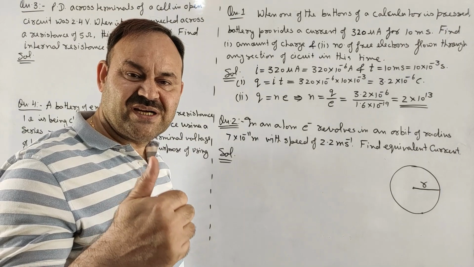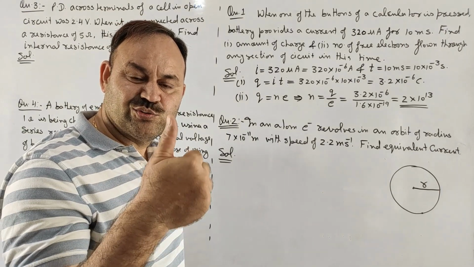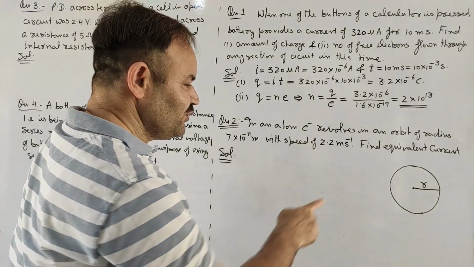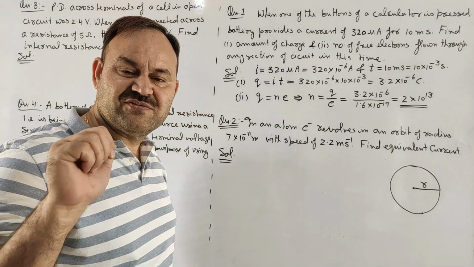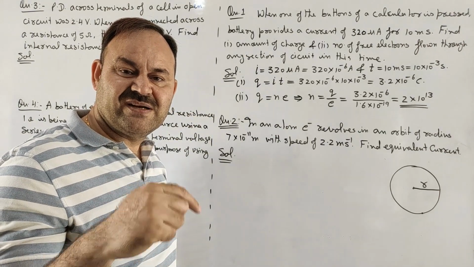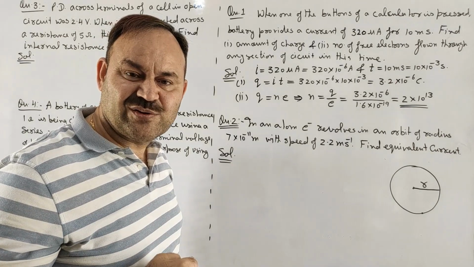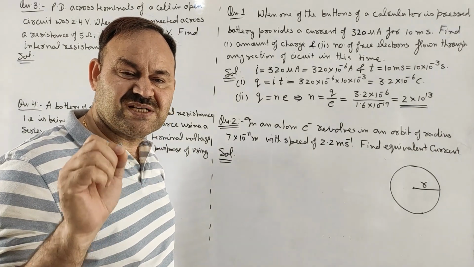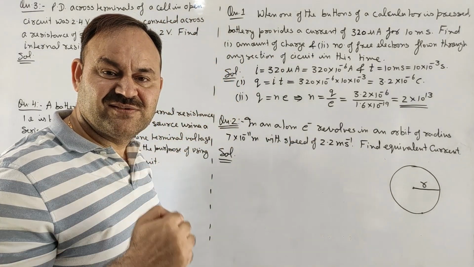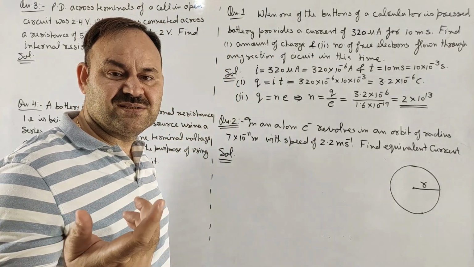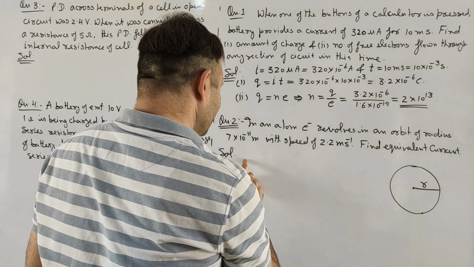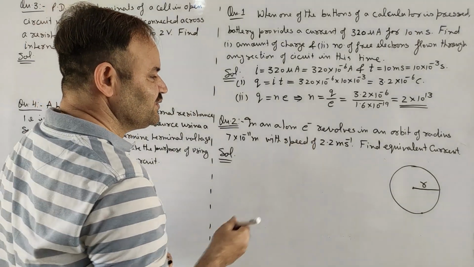And we know that the amount of charge passed through a point in 1 second will be electric current. So in order to solve this question, first we will require the frequency of revolution of the electron, and then that frequency multiplied by electronic charge will give us the amount of charge passed through any point on the circular path in 1 second, and that will be the electric current. So first we will find what is given in the question.